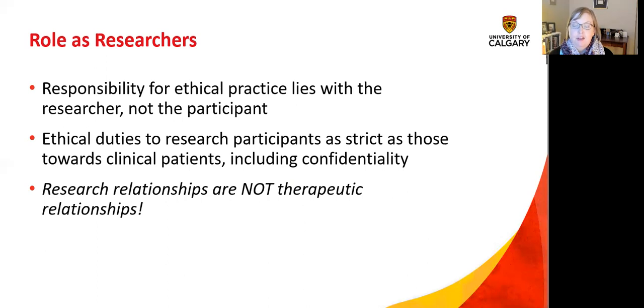It's fine to direct people to other services, and it's part of your responsibility as a healthcare professional to make sure that people get the care they need, but you are not the one providing a therapeutic intervention. You refer them to someone else to do that. And this gets difficult. It's not always really clear cut. I've done research interviews with people I know socially, and it's hard to know where the lines are in that situation. And what if they say something that's really alarming and you feel like you need to report that to someone? These are things you need to think about because you could be in these situations.